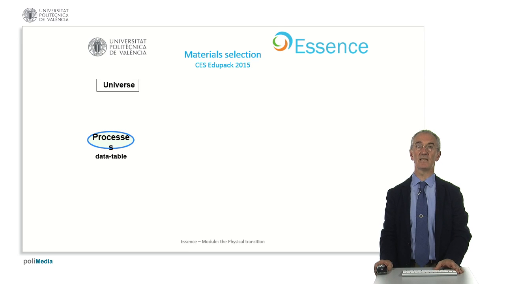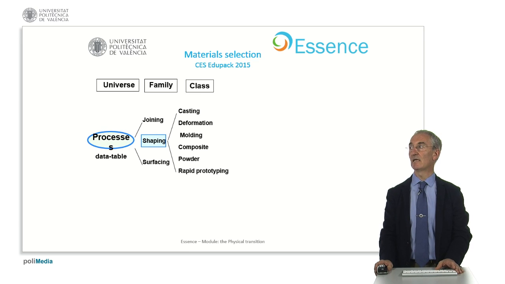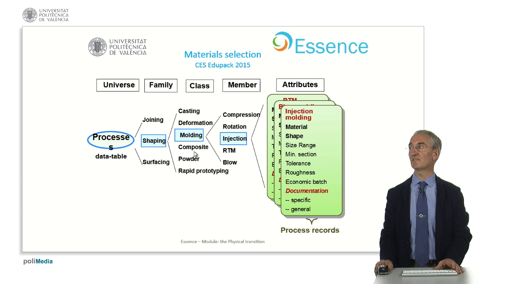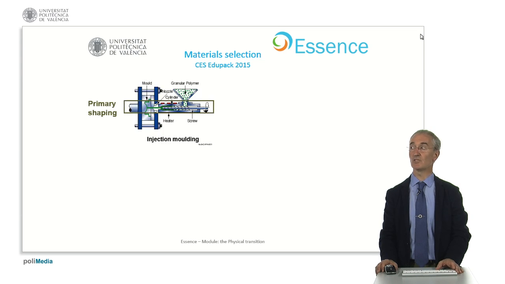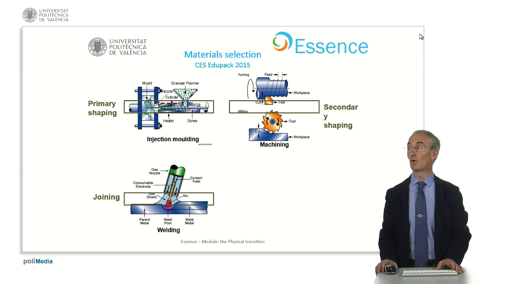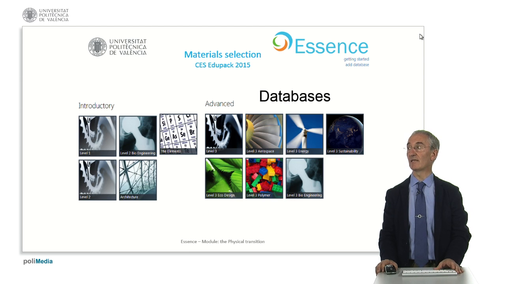All these databases are assembled into universes, families, classes, members, and attributes in the CES EduPack 2015. That's the software you will be using in the different examples for the course, and you should be aware of how to use all this information that is provided, and the software in the different databases, which